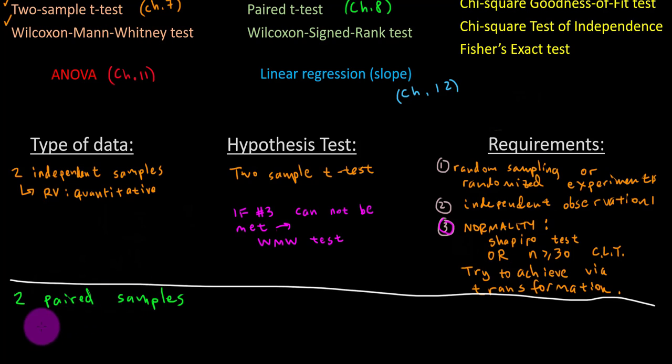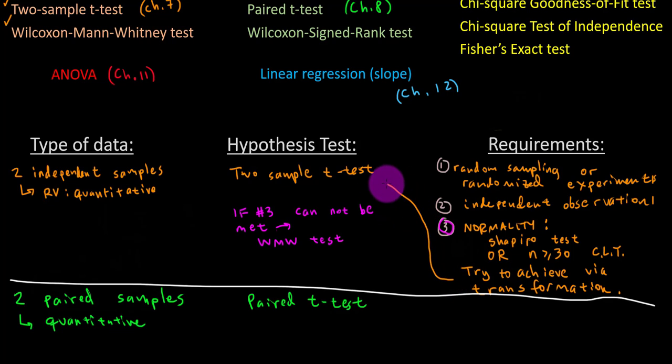Again, the response variable is quantitative, and if we can, we want to use the paired t-test. Because it is a t-test, it requires all these same requirements as what was listed up above. So just to be clear, these all apply to the t-test. So I'm going to write that the requirements here are